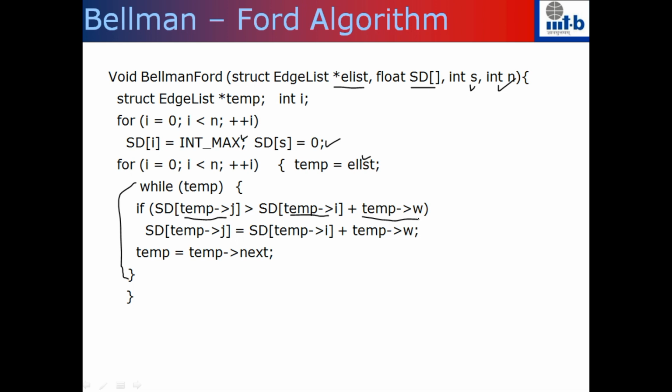The inner while loop will consider every edge exactly once and try to update the shortest path to its endpoint. So this algorithm repeats n number of times. Once it repeats n number of times, the d's that you have are the weights of the shortest path from s to i. It's easy to see that this algorithm is order n into m, because the inner while loop will run m number of times, as every edge is considered exactly once, but the for loop will run n number of times. So the complexity of this Bellman-Ford algorithm is n into m.